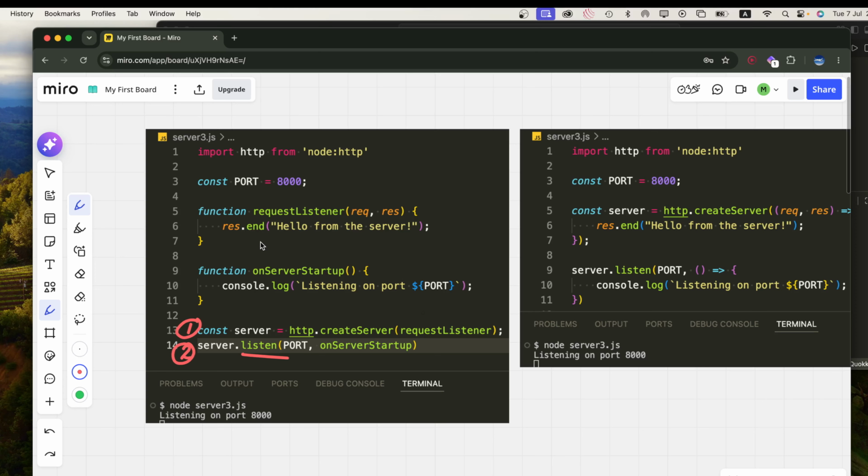In terms of what methods are available, what other things are available on the server instance, for example, on the request. So we are not using request here. On the response, here we're using end. There is also a set header method we can use. That would be for another part. But yeah,